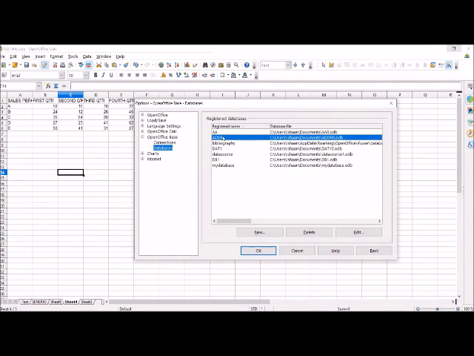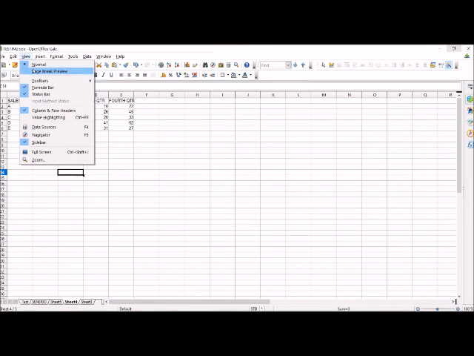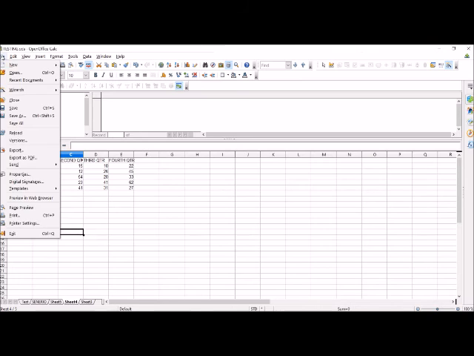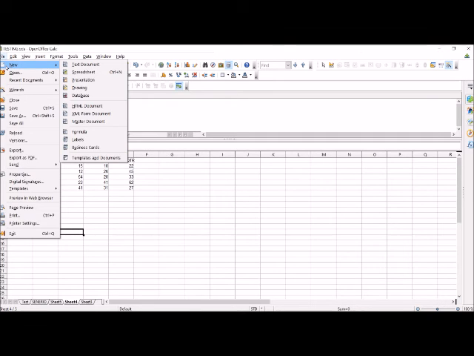Suppose I select this address database and I click on OK. Then when I come here and I click this view menu, in this view menu, if I click on data sources, then all those registered databases are being displayed here. Now, to link to this, I can go to file menu and I can create a new database from here.